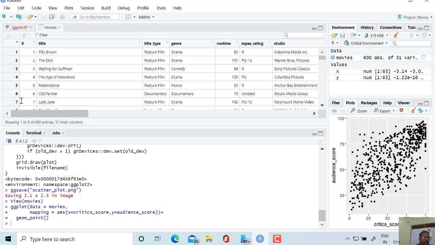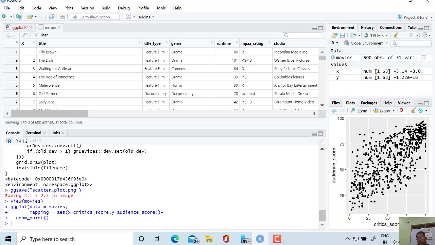Aesthetic is a visual property of an object in a plot. On the basis of the color, on the basis of the hue of different points, we can draw the plot in different colors, because this time every point is represented by black color. So we cannot differentiate which thing every point is representing here.